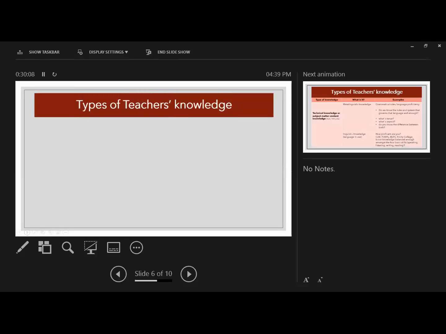So here we go. What are the types then? Teacher's knowledge, teacher's knowledge. What is it? Well, what are the types of teacher's knowledge then? Well, there are different types of teacher's knowledge. Teacher's knowledge is divided in, it's like